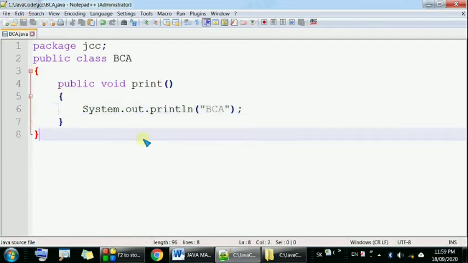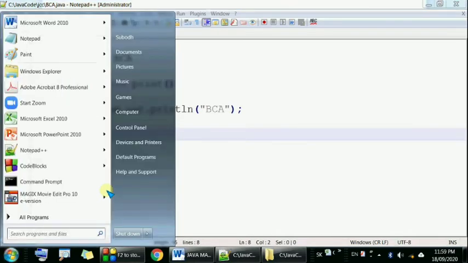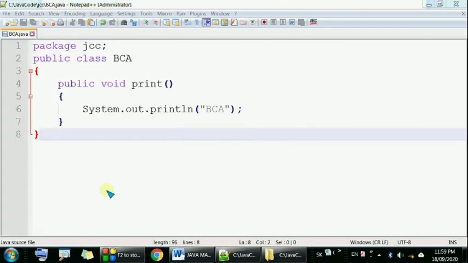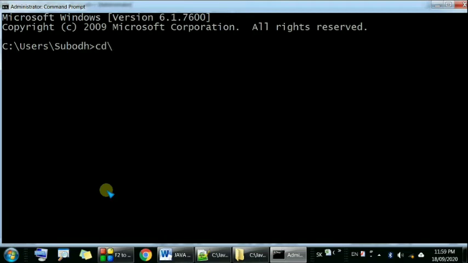Now we have to compile the file bca.java. So open command prompt, go to the Java code directory, and then move to the JCC directory which we have created.